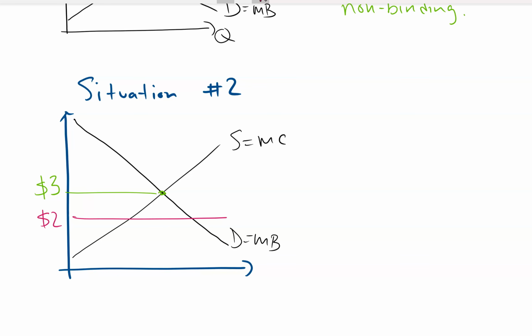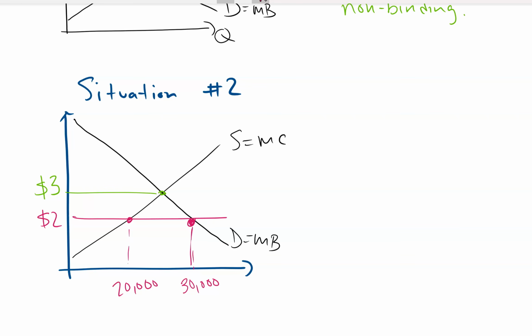I'm just going to make up some numbers, but it doesn't really matter what these numbers are. In this case, our quantity demanded and quantity supplied are not going to be equal. Let's suppose the quantity demanded is 30,000 units, and the quantity supplied, just to make up some numbers,